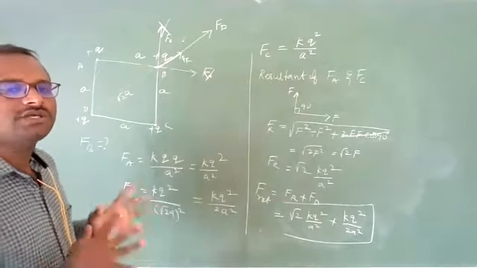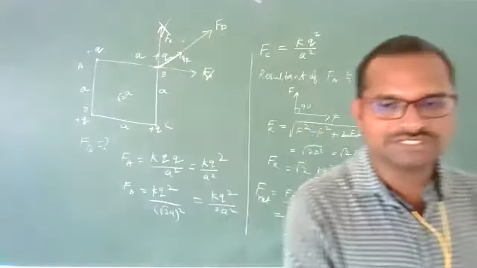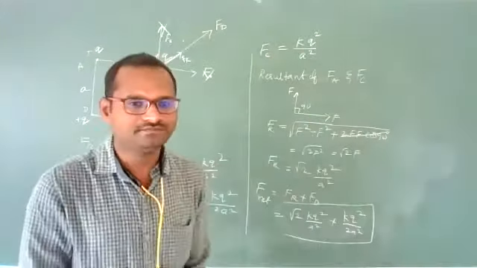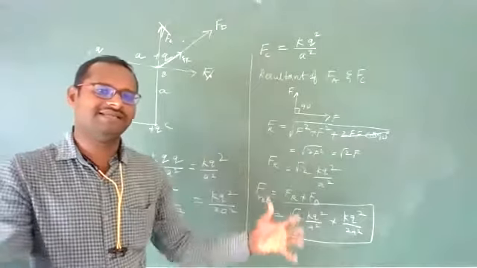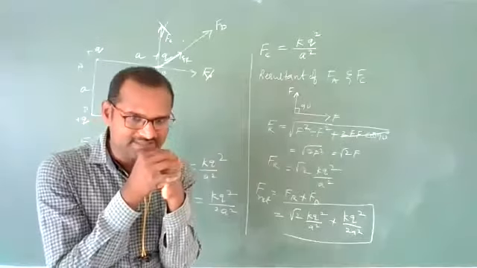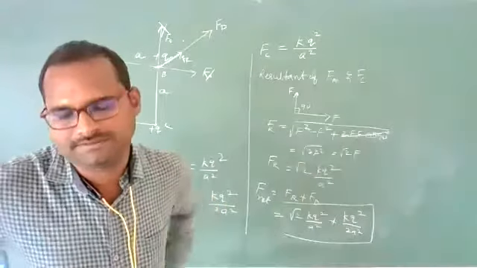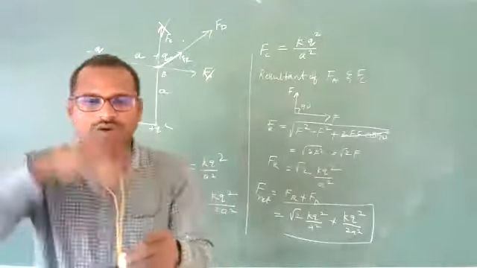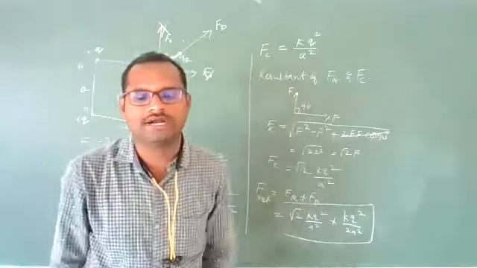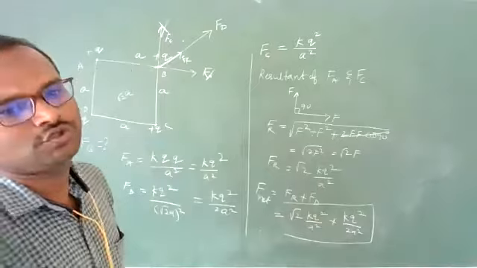So this type of questions we can solve according to one concept that is called the principle of superposition. The principle of superposition says that when a number of forces are interacting with each other, the net force on one particular charged particle is equal to the vector sum of all the forces acting on that charged particle. All the charges are exerting force on it. Along their directions, we should add them, according to vectors. Then you will get the net force. That we call the principle of superposition.